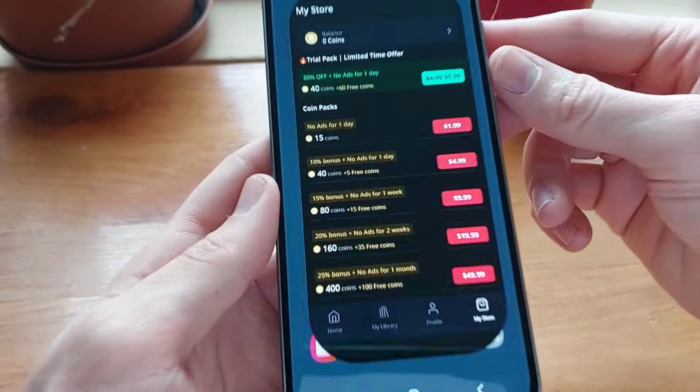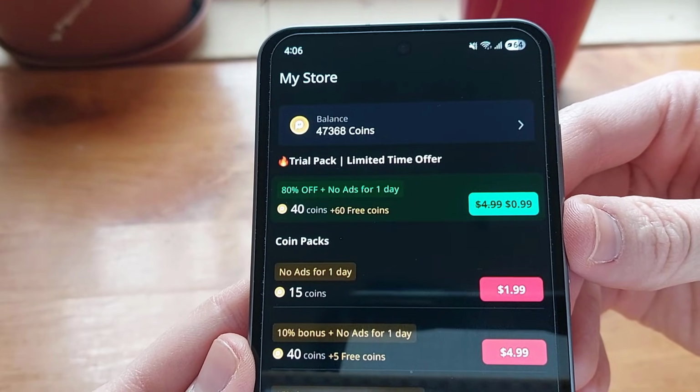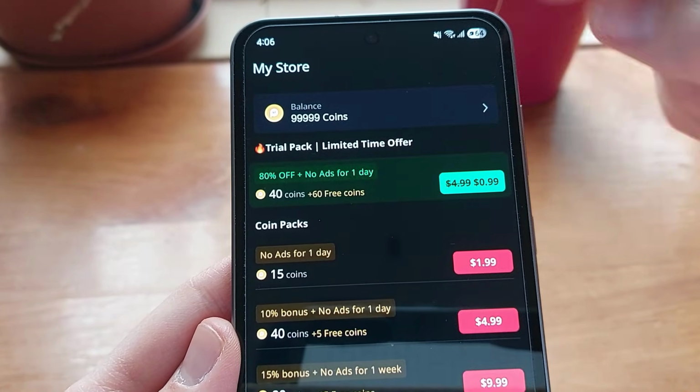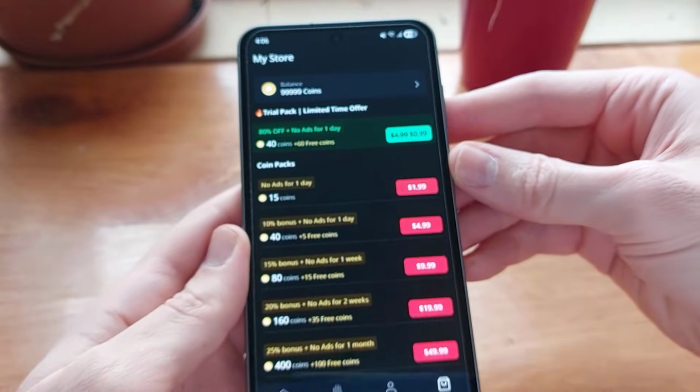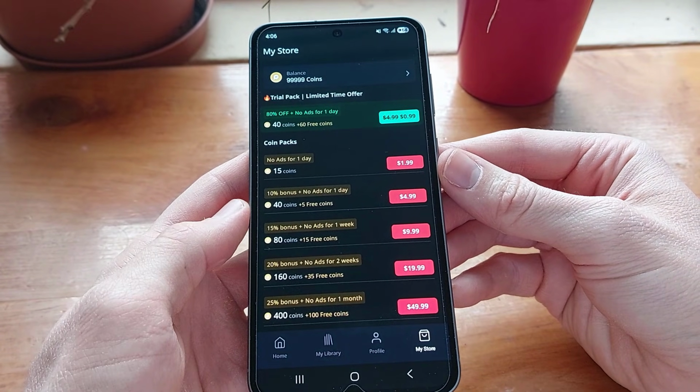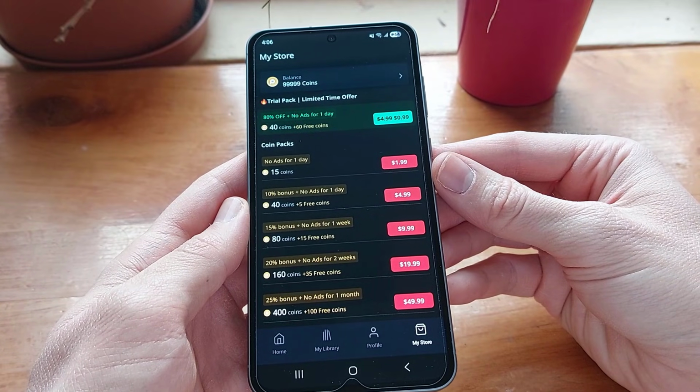As you can see, I already have a ton of coins on my Pocket FM account. In this tutorial, I will show you a working method of how I made unlimited coins in the Pocket FM application in a few minutes. The method is safe, and it works on both platforms, Android and iOS too, so no need